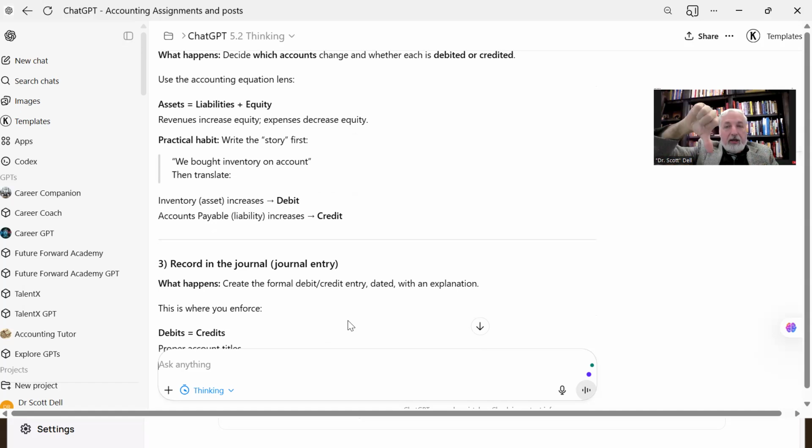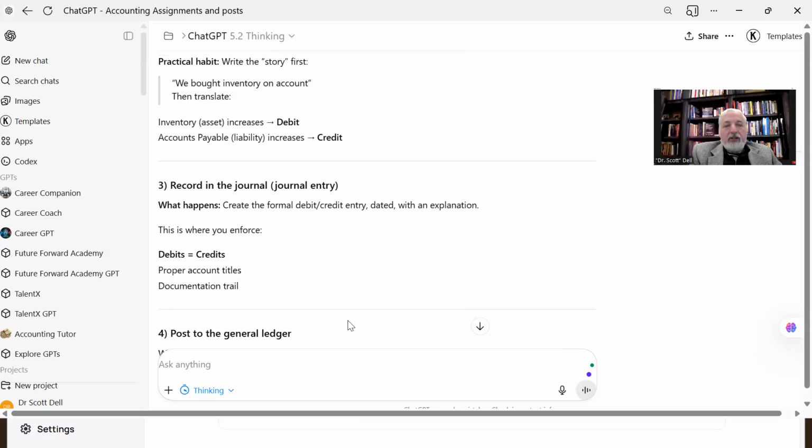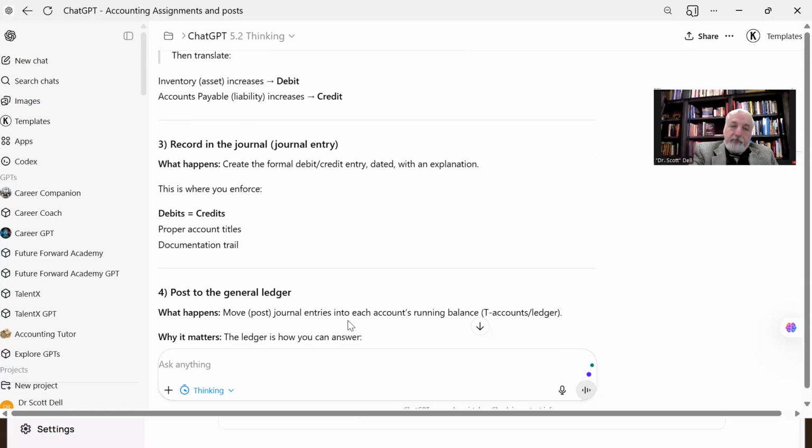One cash going down, one inventory going up. So the net change in assets is going to be zero. So a recorded journal entry, a proper journal entry, has at least one debit and at least one credit, but always stays in balance: debits equal credits. And we just use the proper account titles that are associated.